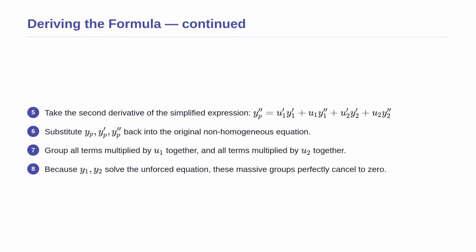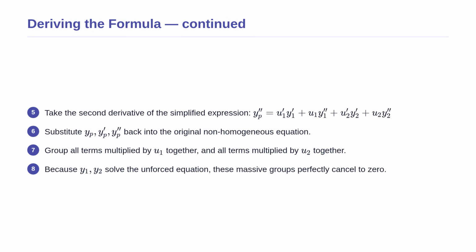Continuing with our derivation, we now have a much simpler first derivative. We can safely take the second derivative using the product rule once again without creating a massive algebraic mess. The next step is to substitute our proposed solution, its simplified first derivative, and its second derivative back into the original non-homogeneous differential equation. Once we do this, we group all the terms multiplied by our first parameter together and